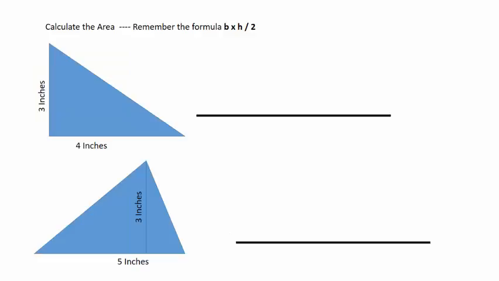Alright, now we've got triangles. There's two different kinds of triangles that we're really thinking about here. There's right triangles and there's triangles that are not so right. Anyway, we've got a triangle that's 3 inches tall and 4 inches wide. So look at our formula. The base is 4 inches. The height is 3 inches, and then we divide by 2. So in this situation, we'd have 4 inches by 3 inches, which is 12, divided by 2, which should give us